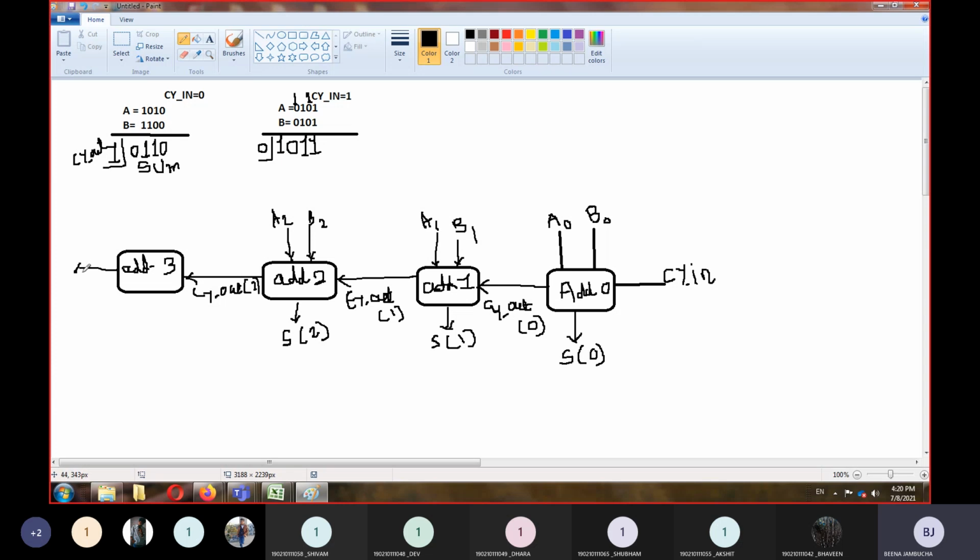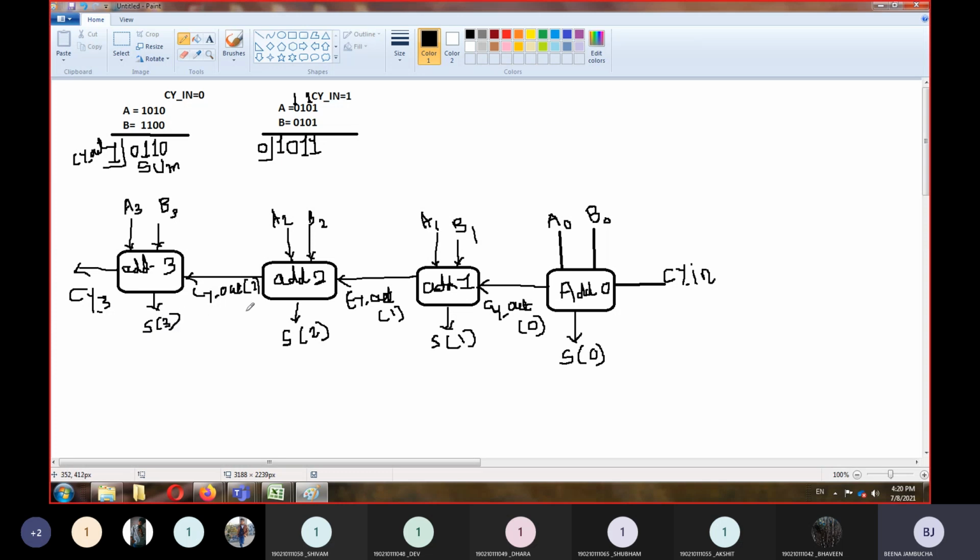And whatever the output carry is, we give it a name, it is CY3, CY underscore 3, as it is the output of adder 3. And here 2 inputs, A3, B3 and S3.